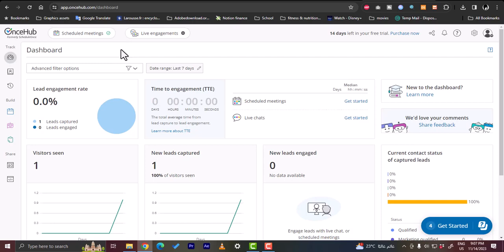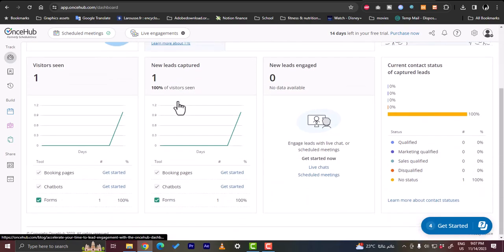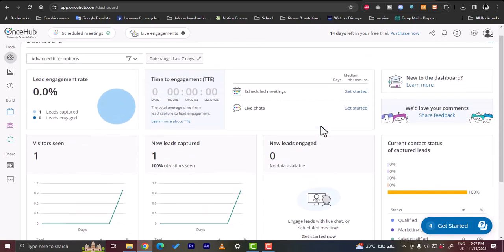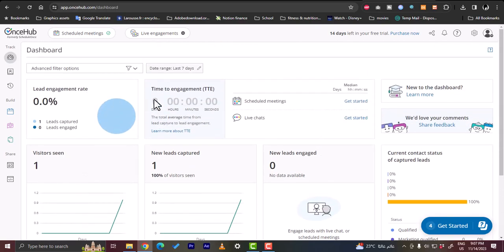Now, here is your main dashboard. So here you have your dashboard: your engagement rate, some statistics, some reports, and some numbers. Of course, I created this account right now, so I don't have anything going on. So here you have the visitors, seeing the new leads page, the booking pages, and everything. You can see here, of course, once you do some activity on your account,